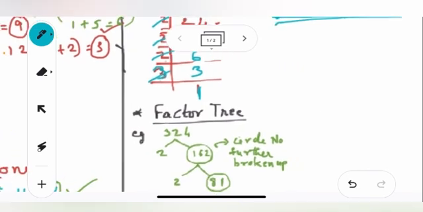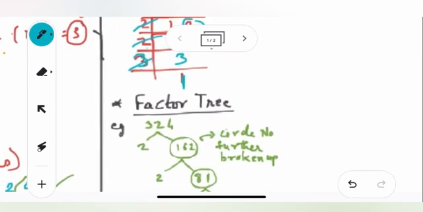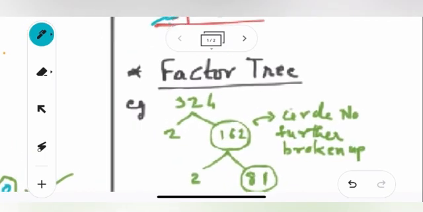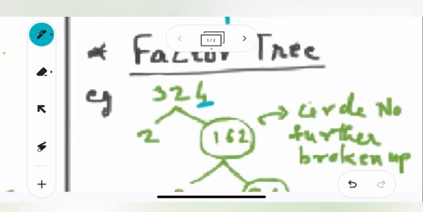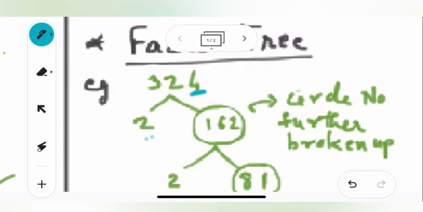Now let us see the next thing, factor tree. How to solve this factor tree? Now here, suppose there is one number 324. Again here if you see 4 in the units place, that means it will go in the table of 2. So how many times does it go in the table of 2? 2 into